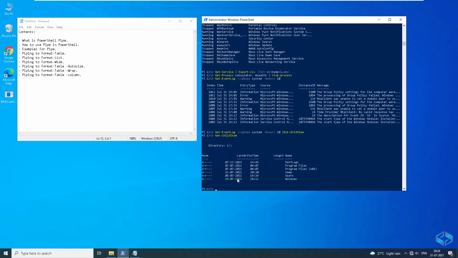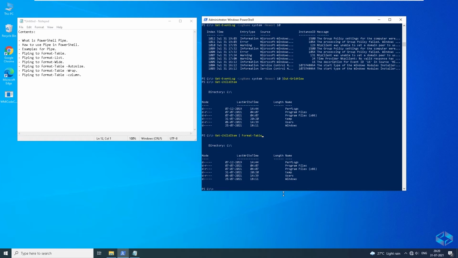Get-ChildItem will retrieve from the C drive whatever is available, the folders and details. And you can do one thing with the pipe again, Format-Table. By default, Format-Table is listing, and you can also define it. So you don't have to mention Format-Table.